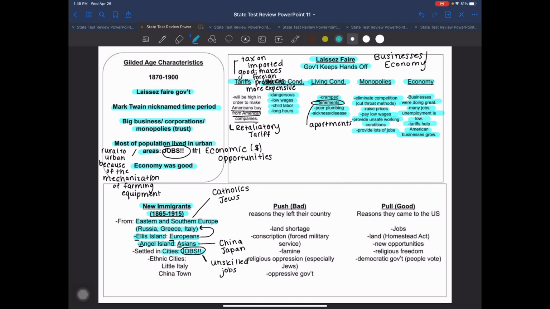Some of these people are going to come in, and they are going to create what we call ethnic cities. Another name for this is enclaves. So let me put AKA, another name for ethnic cities, is enclaves. And the way I explain this is when these people come to our country, they speak different languages than us. They have different foods that they are used to. And so to kind of settle themselves, when they get here, they settle together. And they create their own little communities, their own little enclaves and ethnic cities.